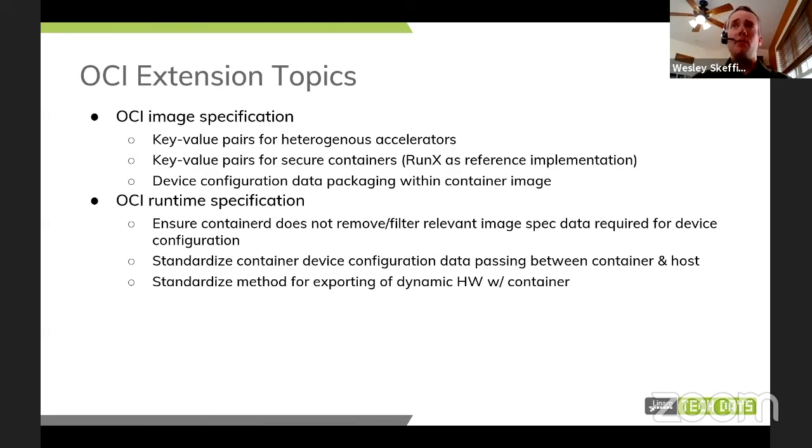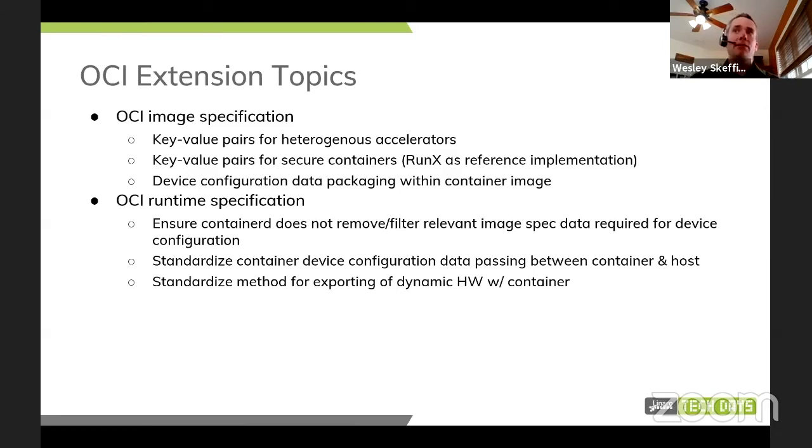And so we want to take a crack at really working with the Open Container Initiative Committee, such that we can get these changes associated with the image specification and the runtime specification upstreamed in a manner that provides a common design pattern for folks to tie their heterogeneous platforms into the OCI deployment infrastructure.